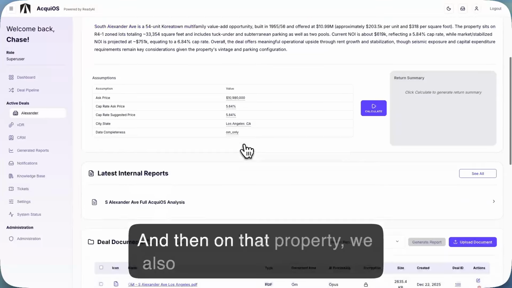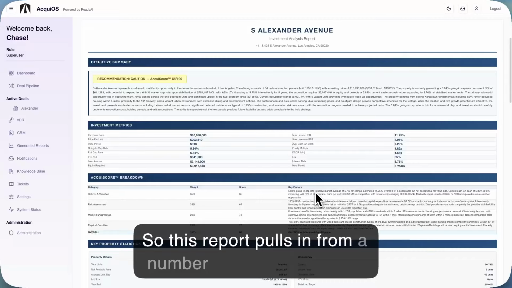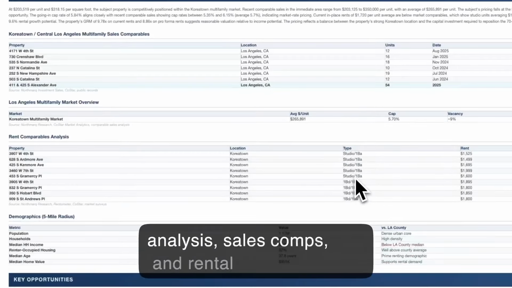And then on that property, we also have a full report. So this report pulls in from a number of data APIs, gives you a full score analysis, sales comps, rental comps,